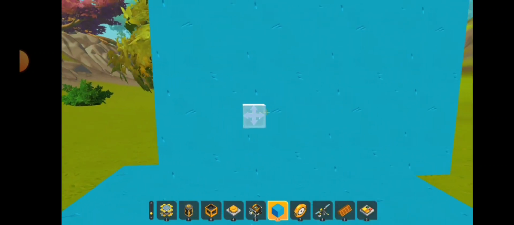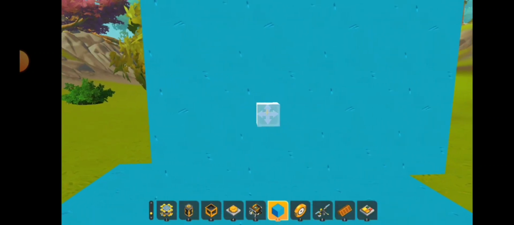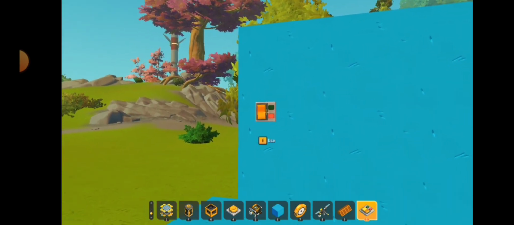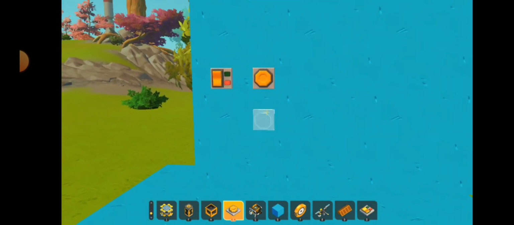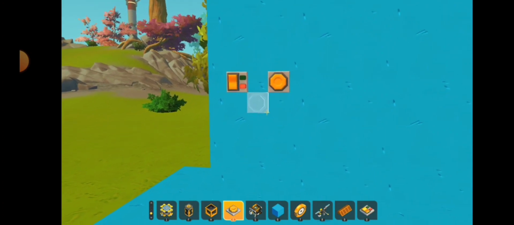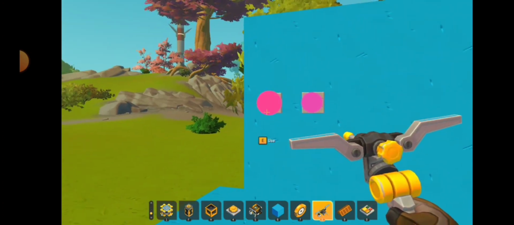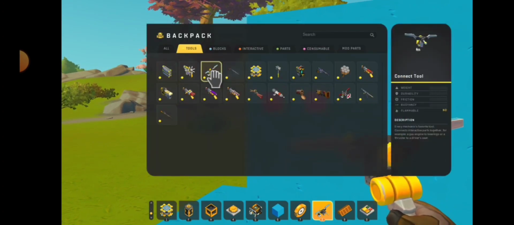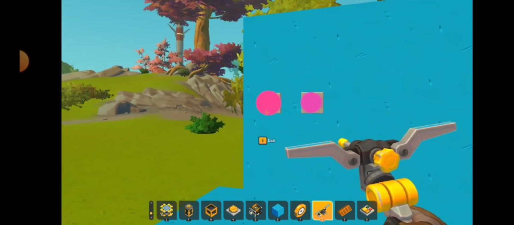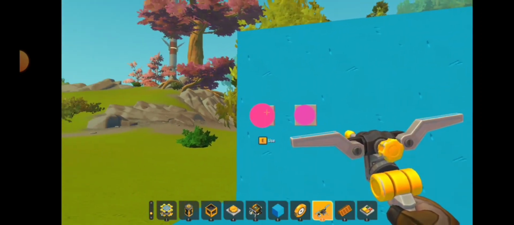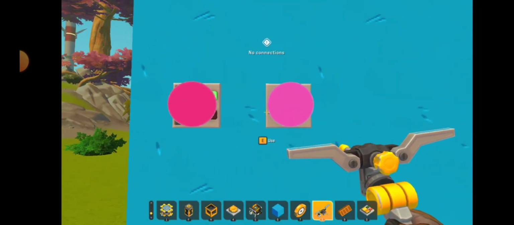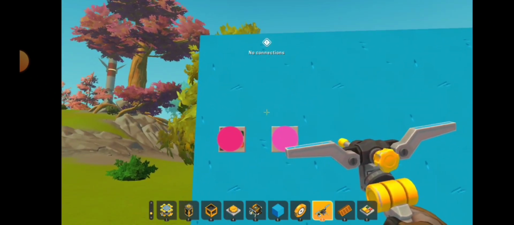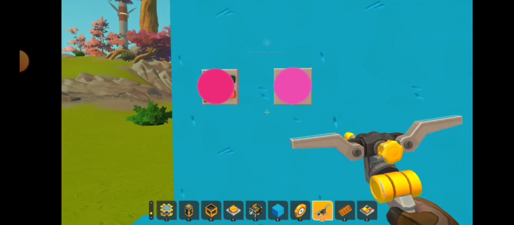So I think first I'm gonna do buttons and switches. Well, first of all, you need a tool. God, I'm forgetting the name of it. A connect tool. You need this to wire everything up. So, switch, button. See, no connections at the moment, but I'm gonna change that. You can just use these to